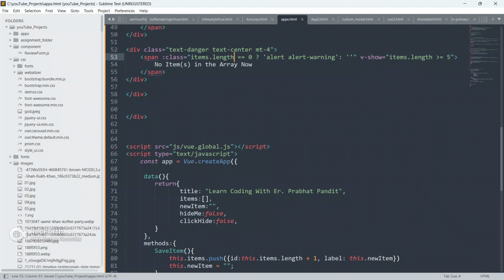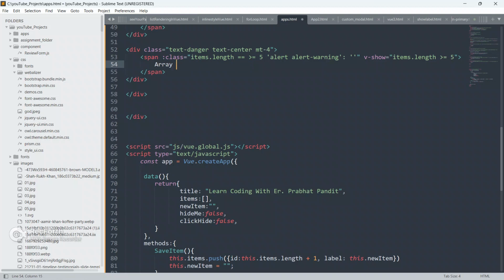5. So if items.length is greater than or equal to 5, then we will show the alert warning.